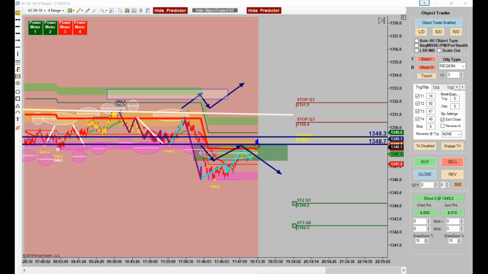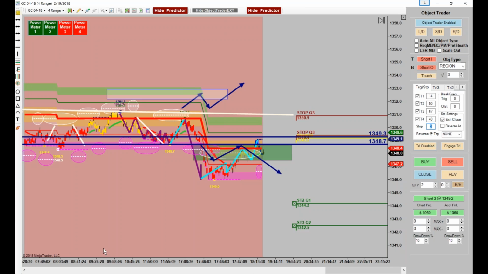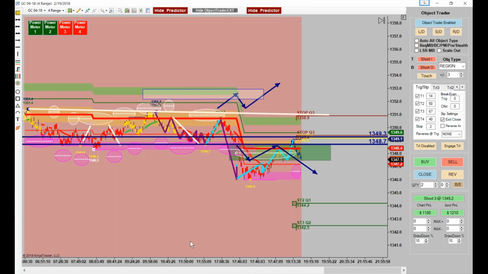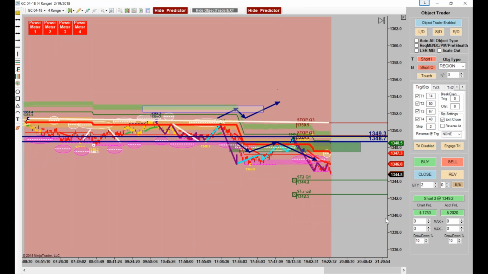Let's see if it's okay. I will go ahead and put the stop just above there just in case now. So we're not risking but 2 ticks. Everybody see that? Oh, wow, look at that. Nice little trade. Okay, now does everybody use lightning to get out of the trade also?